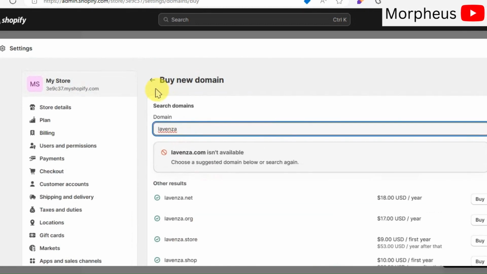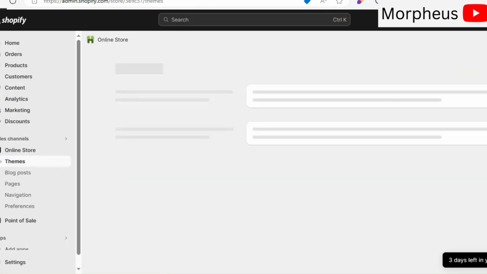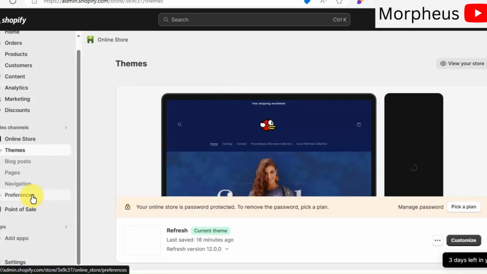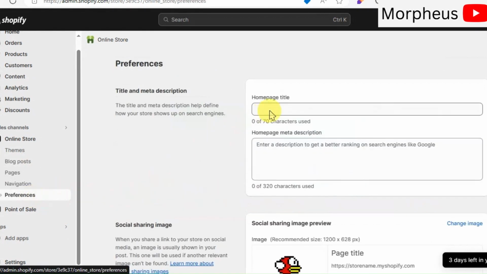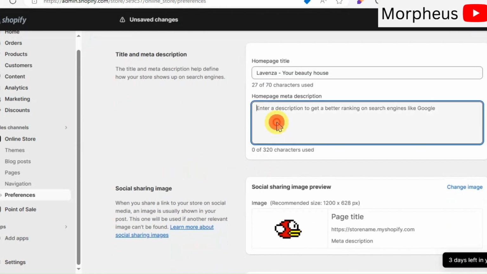Okay, now the last thing to do here is to launch our store and make it live. For that, go back to your Shopify dashboard and click on Online Store, and then click on Preferences. Here, you need to put your homepage title and the meta description, and keep it SEO friendly using keywords, so it will appear in the search results when someone is searching for something in particular.